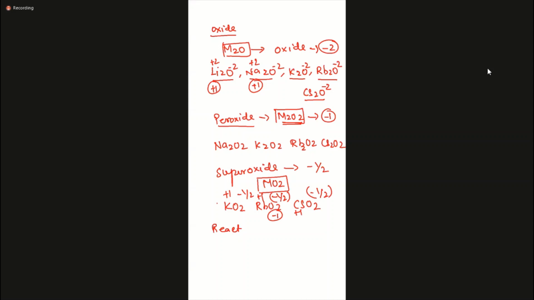Next chemical property: reaction with nitrogen. So generally alkali metal